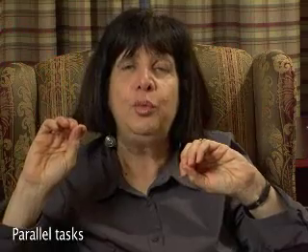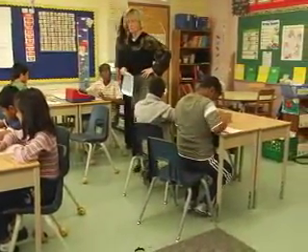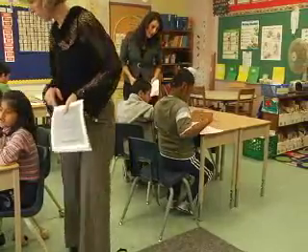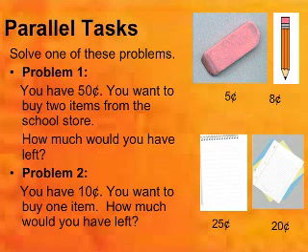Now, for the parallel tasks, when I mentioned to you before that the way those work is you have 2 different tasks going on. You might actually say to the children they can choose which task to work on, or you might suggest to a particular child or group of children to work on one task and another child or group of children to work on another. And you set them up so that when it's done, there's a conversation you can have with all the children, but you set them up thinking these kids can handle this, these kids can handle this, and I want them all to be successful. So for example, you'll see that the situation I've set up here is a money situation, and we've taken some very common items and given them little prices.